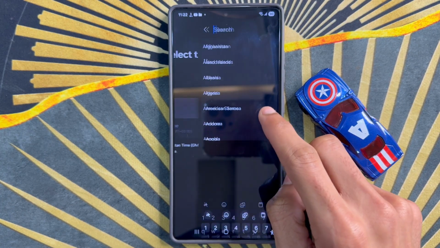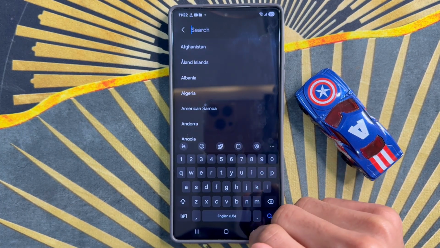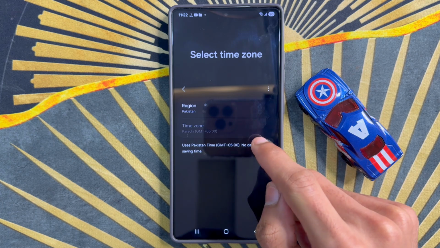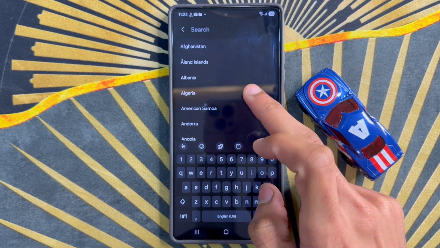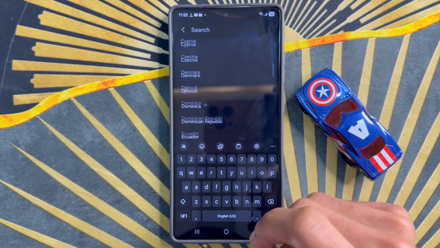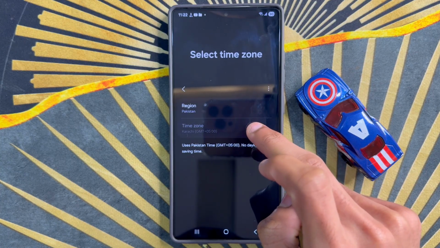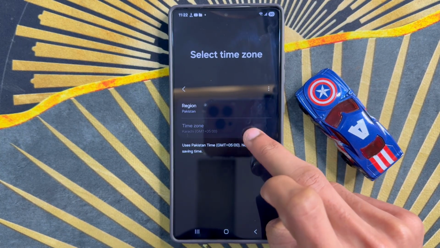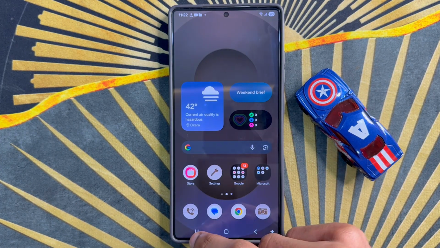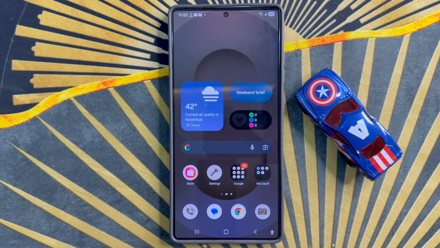and after selecting region, and set time zone. After selecting time zone, go back to home screen. So that's how you can set your preferred time zone on